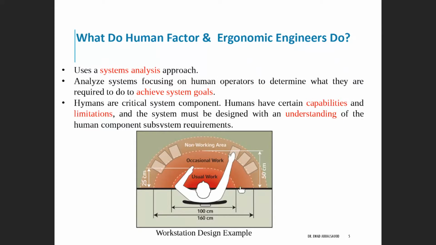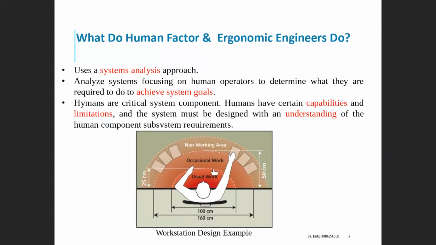workstation. So, for example, distributing of the work in the workstation, considering this distance of 50 centimeters maximum range, okay, from the human, and considering also the distance here in the width to be 160 centimeters as a standardized work. Why? So you can divide, تقسم العمل أو تجزئه based on the frequency of work بناء على تكرار أو احتياجك